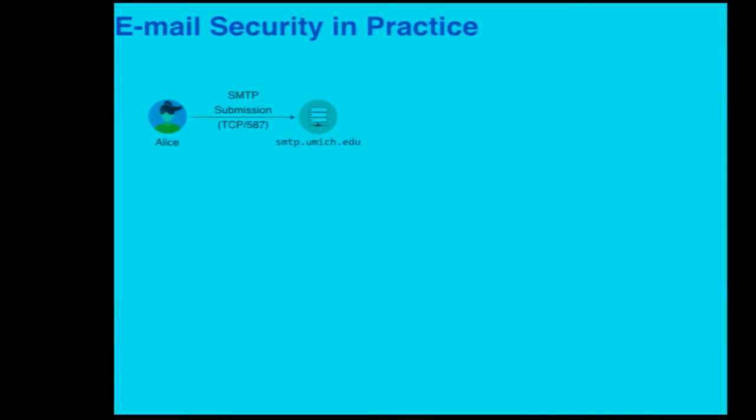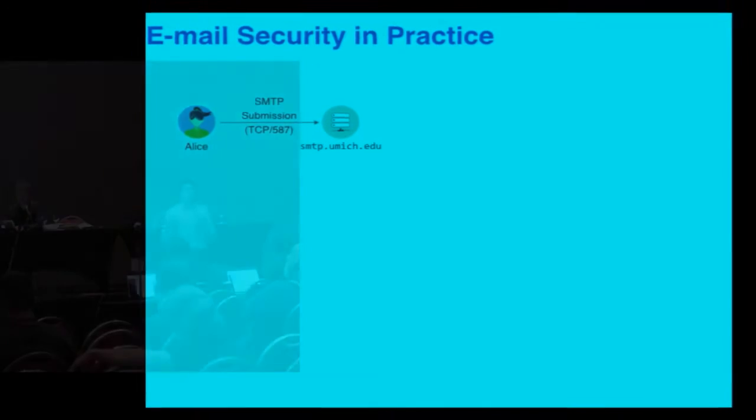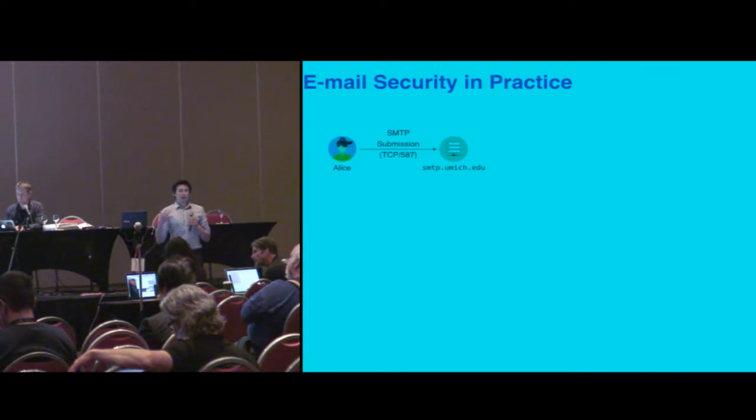So this will be a little bit of background about email. I think to anyone in the mail community this should be obvious, but may not be to others. When you send an email, whether from your Thunderbird client on your machine or through the web interface of your mail provider, this email is sent to your organization's SMTP server over what we call SMTP submission. You're delivering the message to your organization and they take possession of it and say, we will make sure to get this to the destination later on the internet. You don't have to worry about it if you close your laptop. It doesn't matter, we'll get it there.